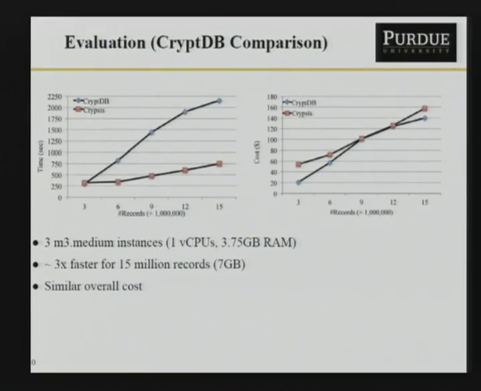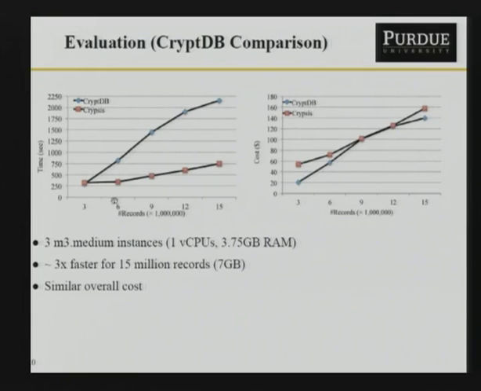So the second evaluation we do is to compare our system with another system that uses homomorphic encryption to preserve confidentiality. That system is called CryptDB. And the drawback of CryptDB, I suppose, is that it is implemented on top of MySQL, which gives it a centralized design, as opposed to our design, which is built on top of Pig Latin and hence Hadoop, which can be parallelized. So to see how much our system scales, we increase our data size here in terms of records,